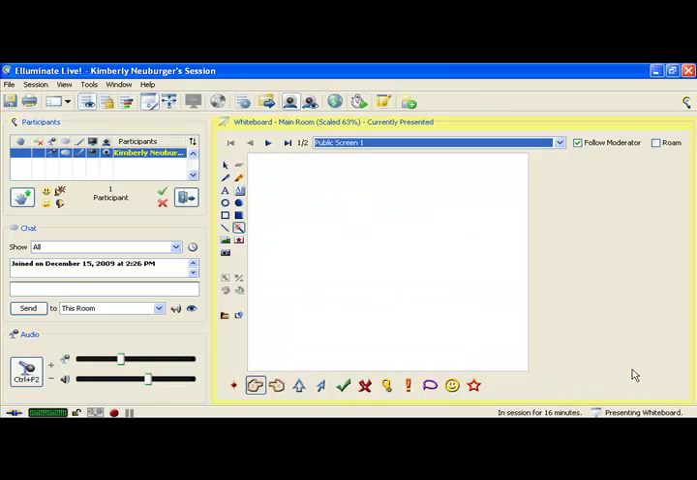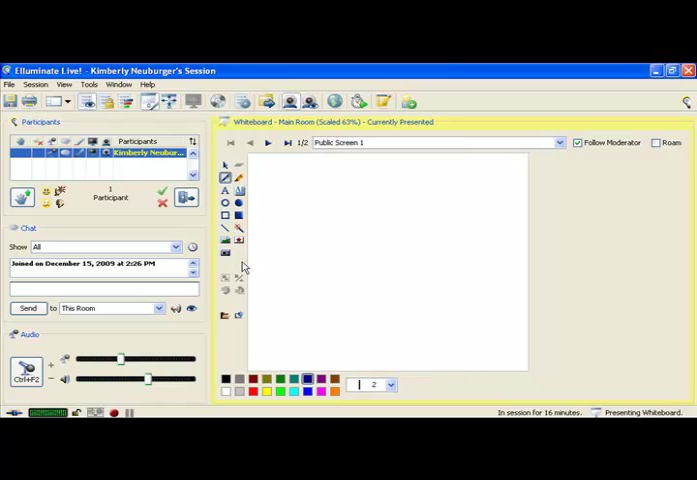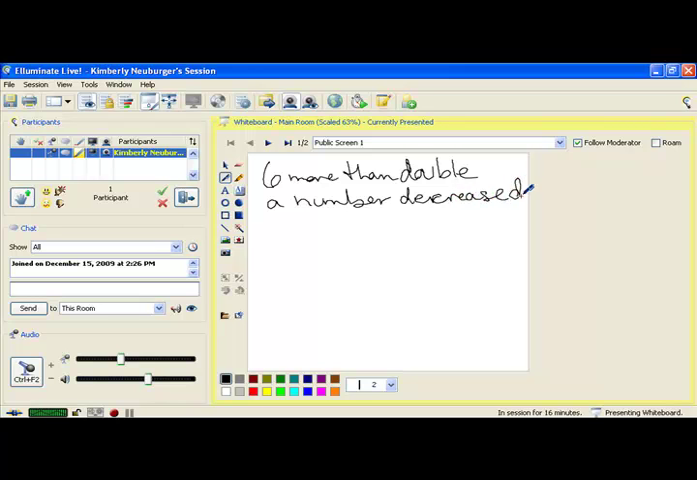Now, let's take a look at some sentences and how we would translate them into math symbols. Let's say that we have: 6 more than double a number decreased by 5. Now, if we read that, what I want to do is give you a strategy for reading it